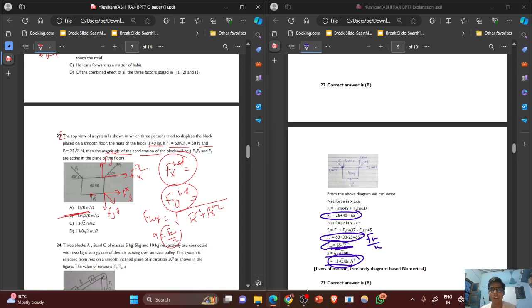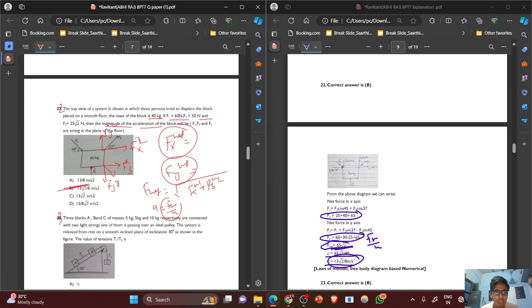Hello students. Now we are resuming the BPT-7 part 2 of the physics section. We left our solution at question number 22. Now we will do question number 23. So moving ahead,